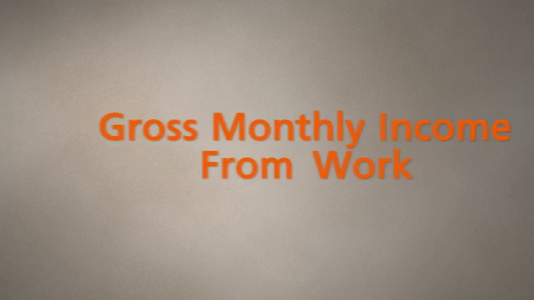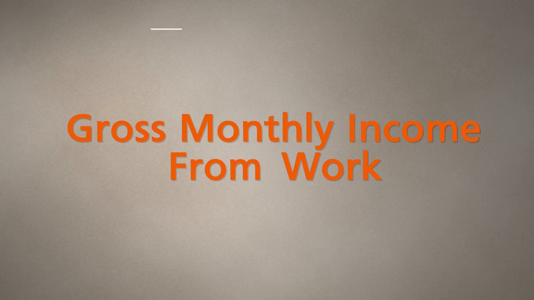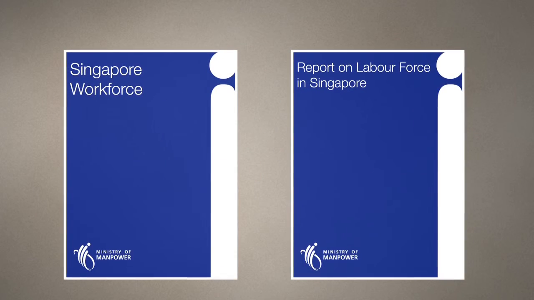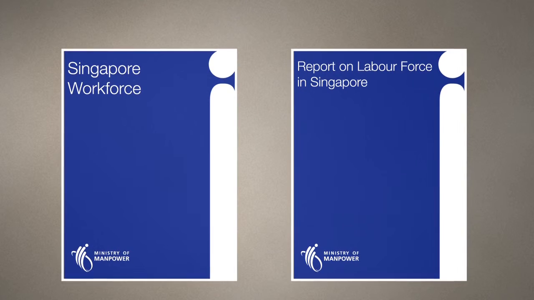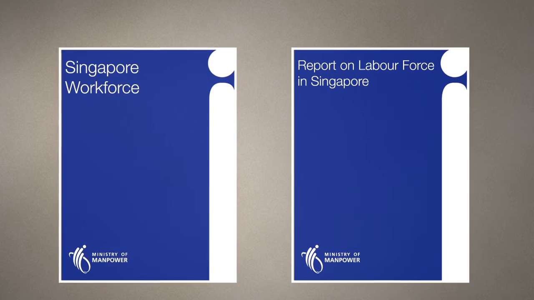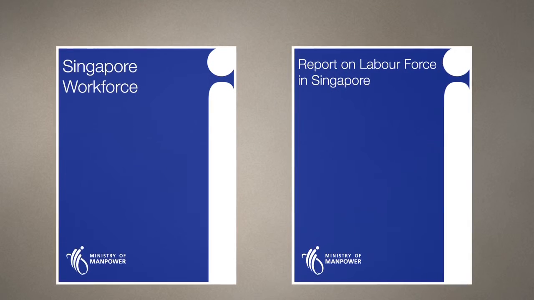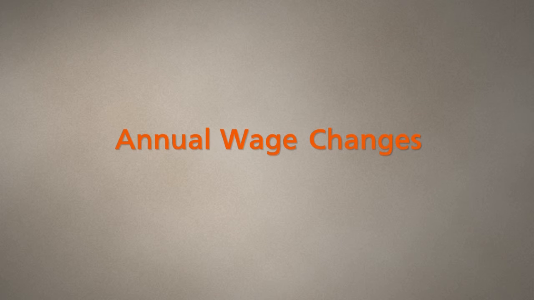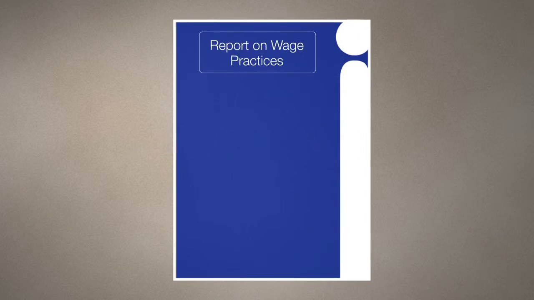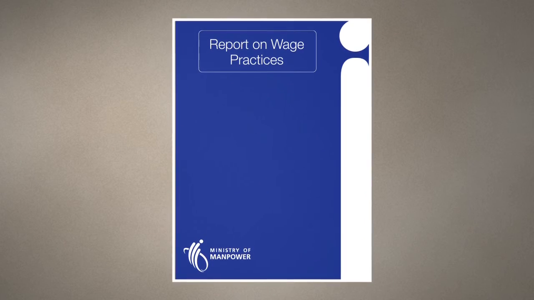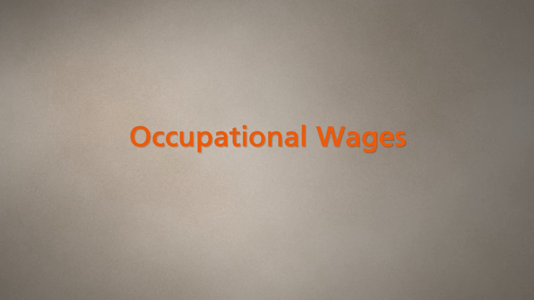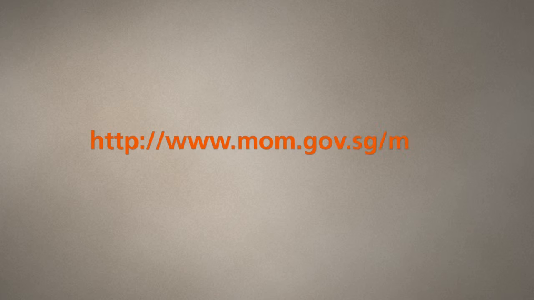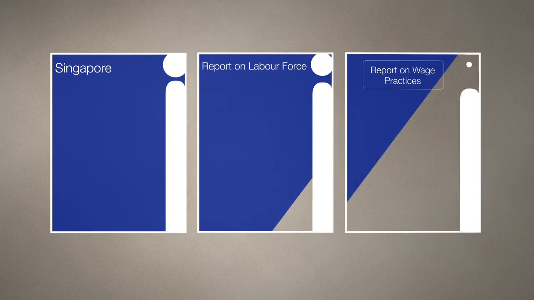Information on gross monthly income from work can be found in the annual Singapore Workforce Report based on preliminary estimates, while updated figures are published in the annual report on labour force in Singapore. The annual wage changes are available in the annual report on wage practices in Singapore. Data on occupational wages are available for benchmarking on the Ministry of Manpower's website,